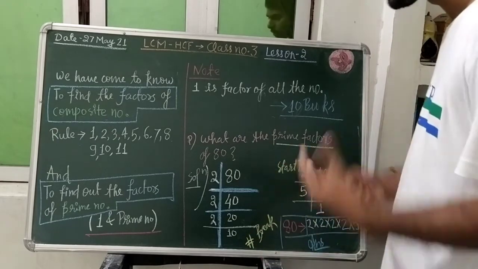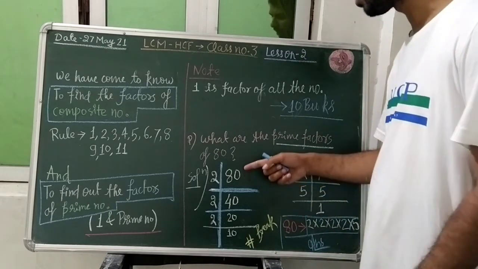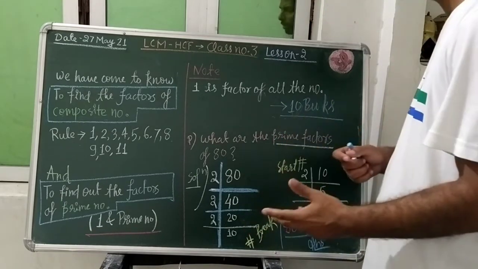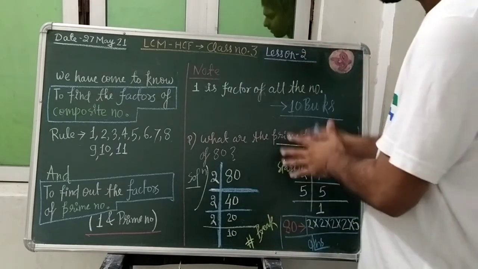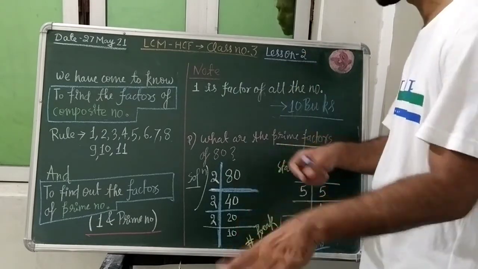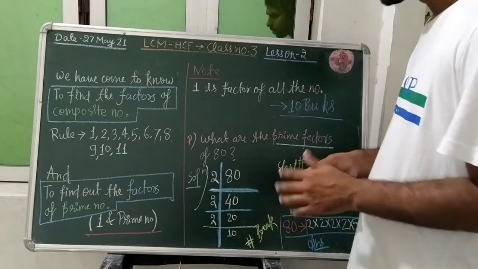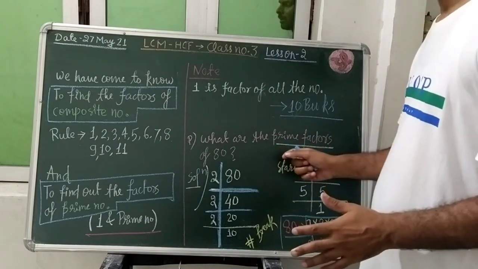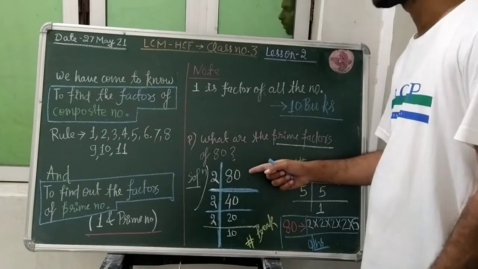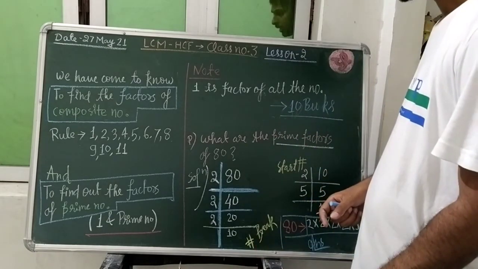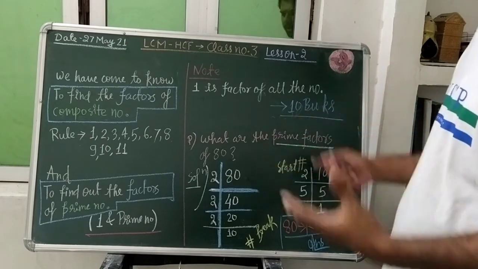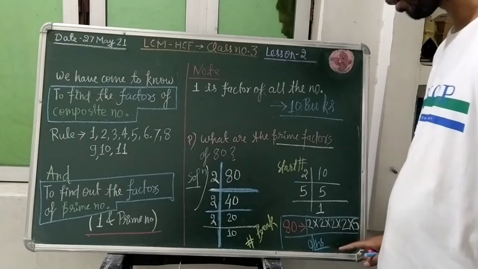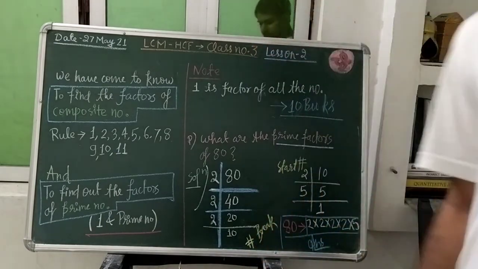But students, if a composite number is coming, like this 80, 40, 20, 10, then you have to check from 2 to 11. Since 1 is a factor of all numbers, we are not talking about that one. So from 2 you will start, and however many times 2 is going to divide that number, you will divide that. And then you will proceed to the other things. Okay, I think I have taught how to find the prime factors, so you can write it down up to your first. Thereafter we shall talk more about it.